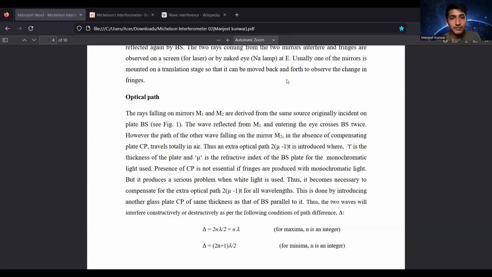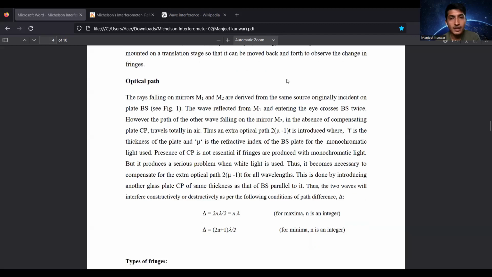Optical path. The rays falling on mirrors M1 and M2 are derived from the same source, originally incident on plate BS. The wave reflected from M1 and entering the eye crosses BS twice. However, the path of the other wave falling on mirror M2, in the absence of compensating plate CP, travels totally in air. Thus, an extra optical path 2(μ − 1)t is introduced, where t is the thickness of the plate and μ is the refractive index of the BS plate. For monochromatic